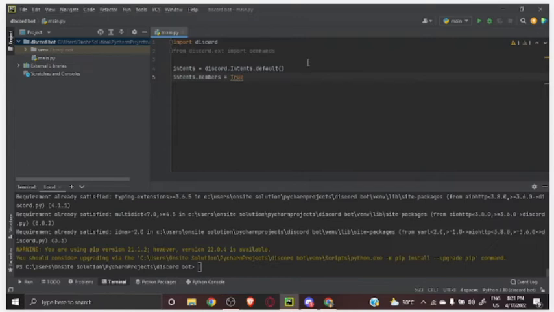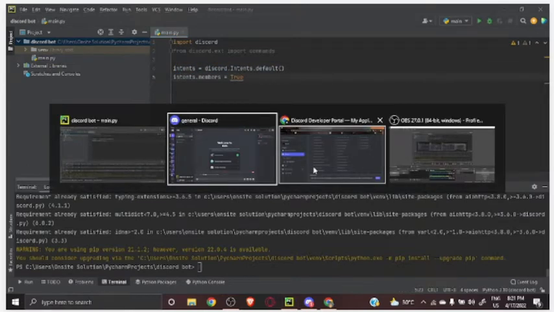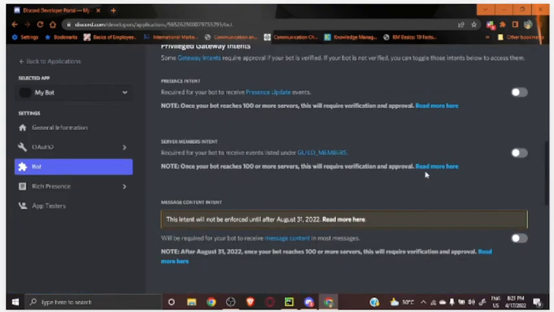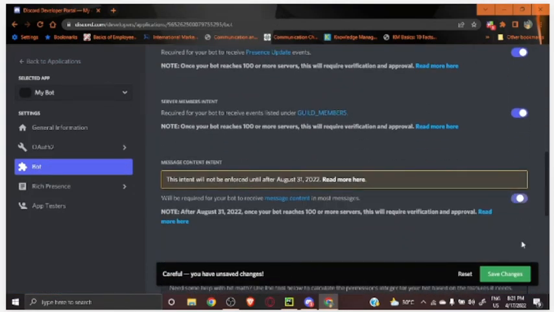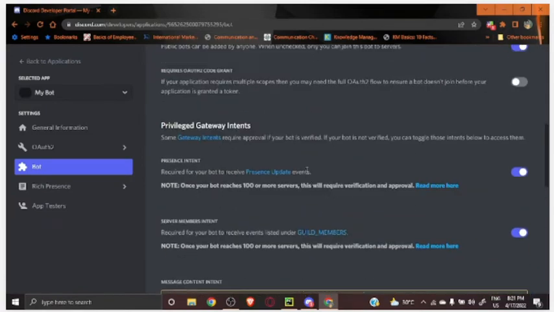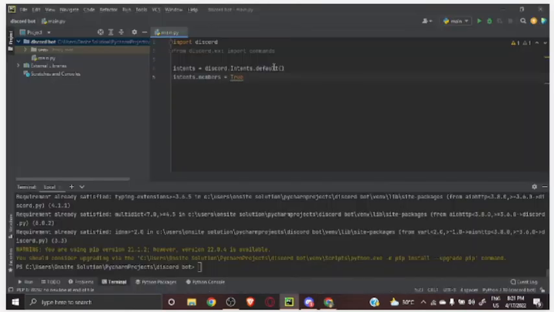This is the default intents for your bot that we just gave over here. Oh wait, I forgot, you need to check mark these as well. These are the intents that we are allowing here. And there's an additional intent for bots that can only be obtained through commands, which is intents.members equals